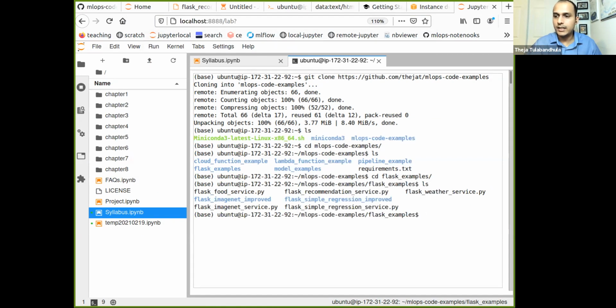What I'll also do is quickly copy the files that I had required. So the models, the recommendation model, to this folder.